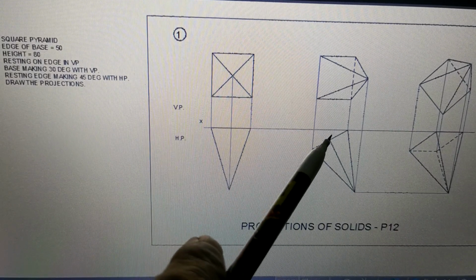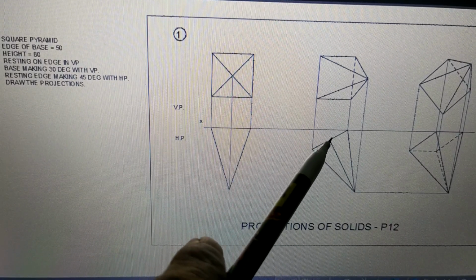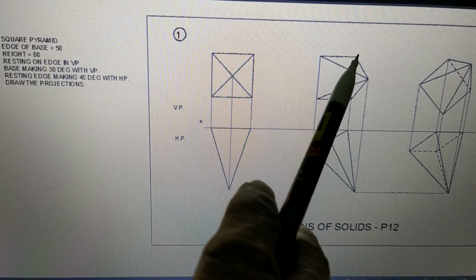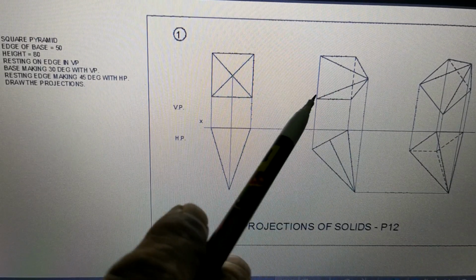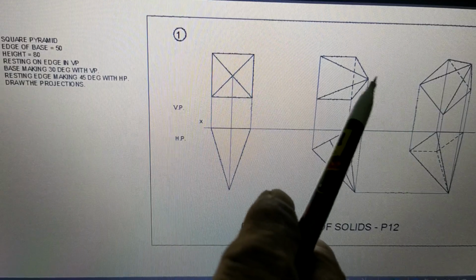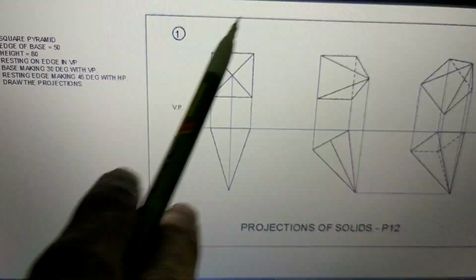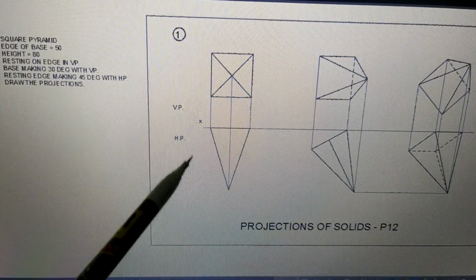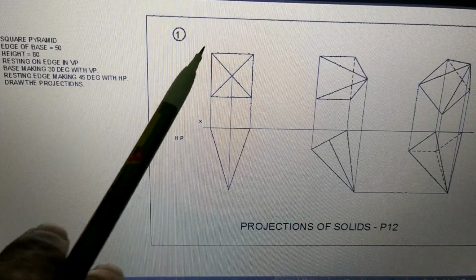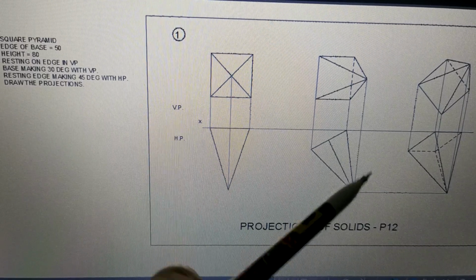Second position, the base is inclined by 30 degrees. So you have to show 30 degrees here and write the point names again. So here it will be A, B here, C here, D here, O here. Here AB, CD and O. So up to here, you have already solved this problem last time, in the last semester.